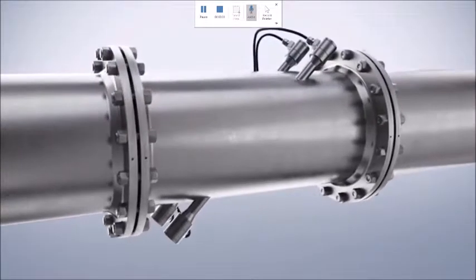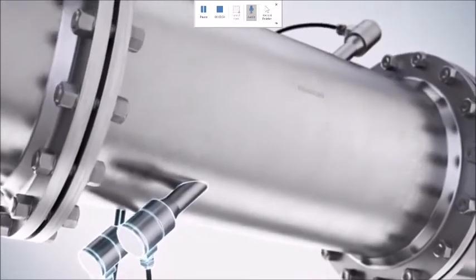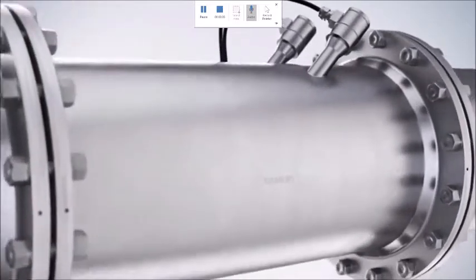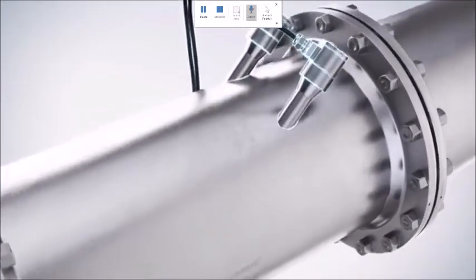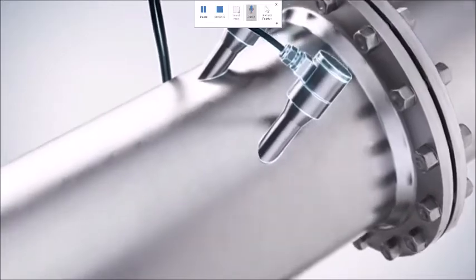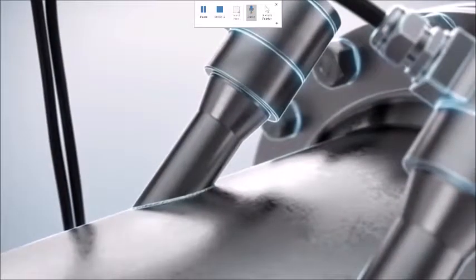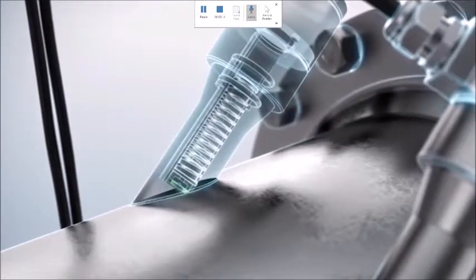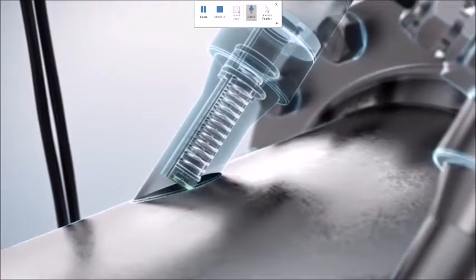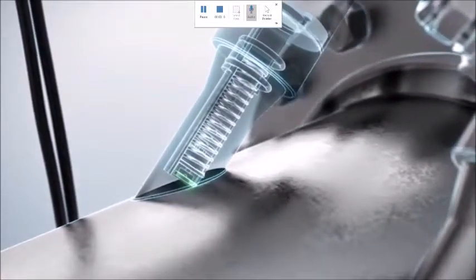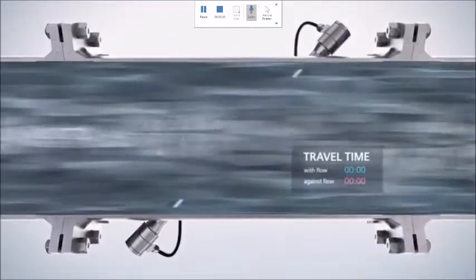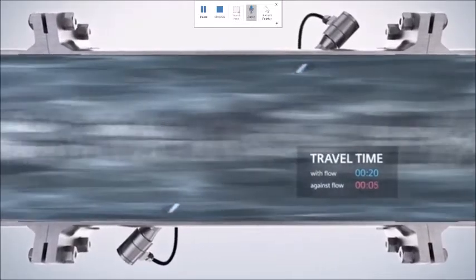Alright, so as you can see here, we have an ultrasonic flow meter with the transmitters and receivers set up. They're placed opposite of each other at a 45-degree angle. The ultrasonic sound waves are alternatively sent due to the piezo electrical effect, which facilitates the conversion of mechanical energy to electrical energy utilizing a crystal. When the waves